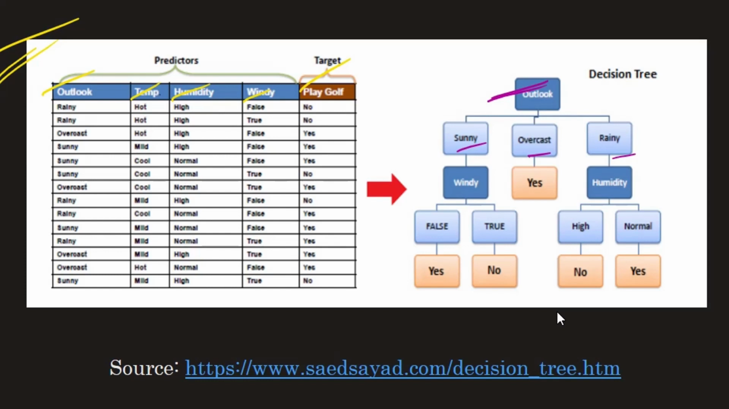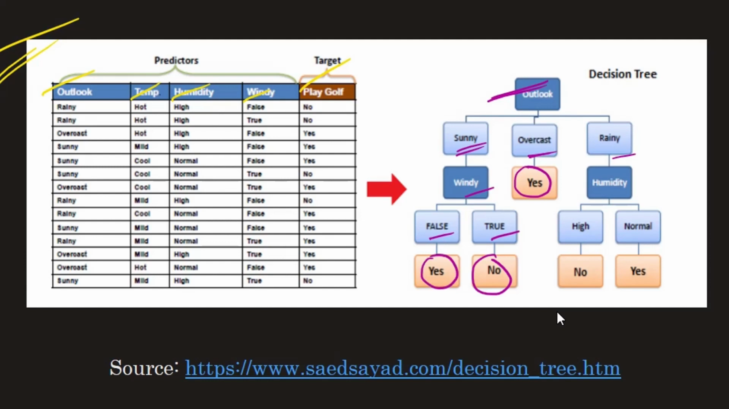And we can see when the outlook is overcast, the straightforward answer is yes, the game should happen. If the outlook is sunny, we have a further condition of whether it is windy or not. If it is windy, the value is true, then the game should not happen. If the value for windy condition is false, which means the weather is not windy, then the answer will be